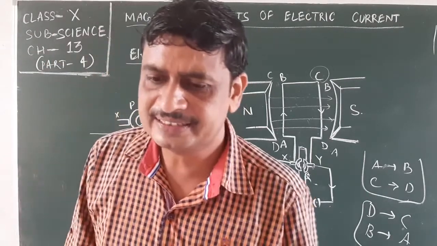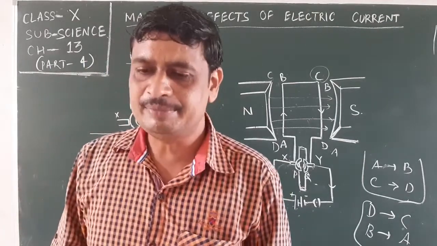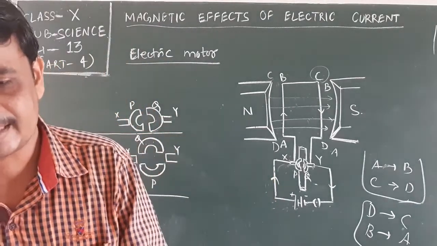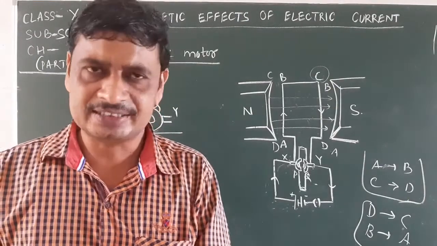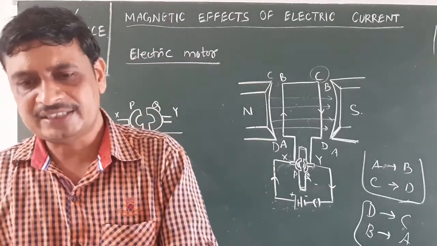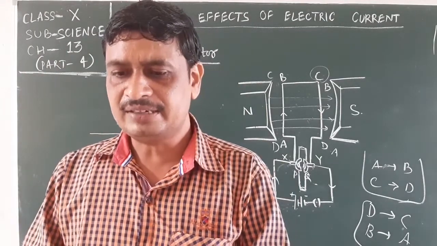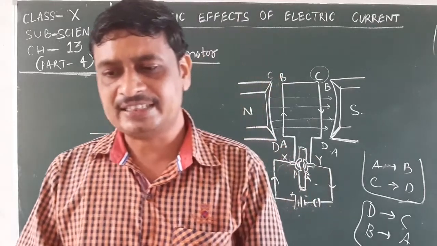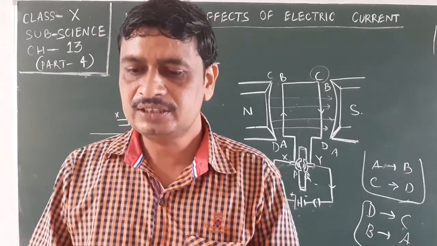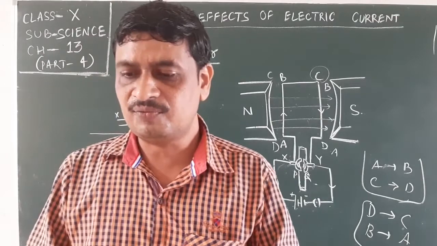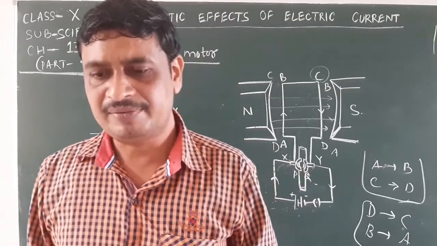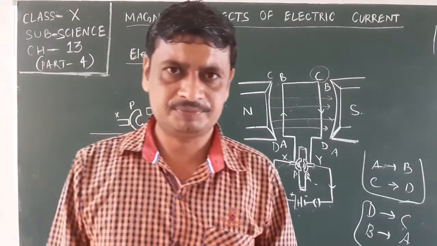Therefore, the current in the coil gets reversed and flows along the path DCBA. A device that reverses the direction of flow of current through the circuit is called a commutator. That is, the split rings are also called a commutator. In electric motors, the split rings act as a commutator. The reversal of electric current also reverses the direction of force acting on the arms AB and CD. Thus, the arm AB of the coil that was earlier forced to push down is now pushed up, and the arm CD previously pushed up is now pushed down.